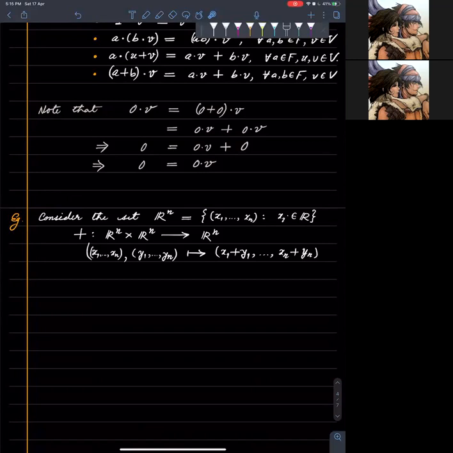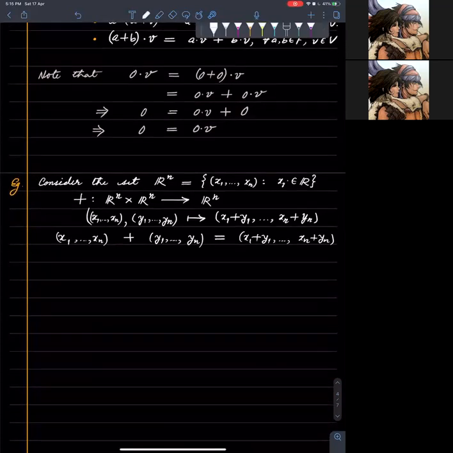So we define it this way. Basically, another way of writing this is that you have x1 up to xn, the first element of R^n, and the second element of R^n, and the resulting thing is obtained by adding component wise. So we define addition this way,